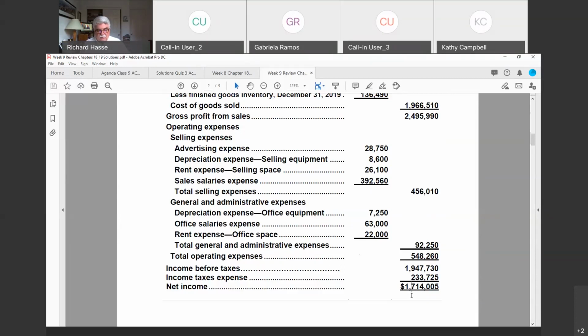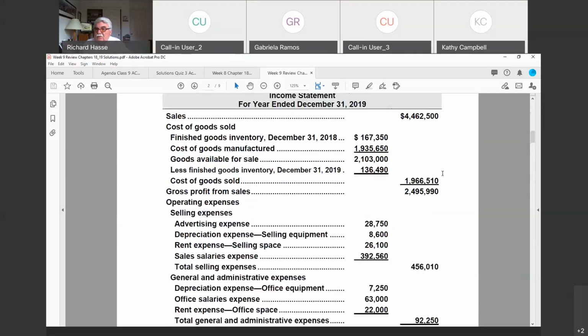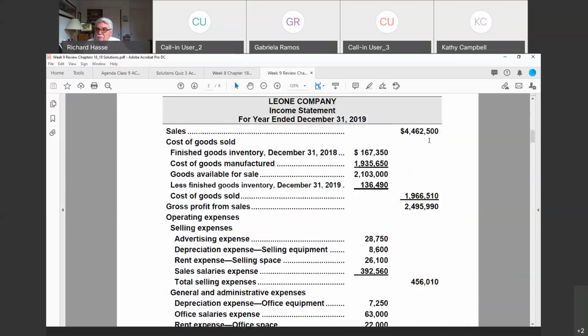Why is Apple Computer one of the richest companies in the world? Because they can get away with selling phones for $1,500. A lot of us can't afford $1,500, but we still buy an Apple phone. Why? It's the brand. It's the history of the product. It's the marketing. Where if we wanted a regular cell phone, we could go to Samsung or to somebody else and pay $400, $500. But we want to own an Apple. And that's why Apple is so rich. People are willing to pay that revenue for that product.